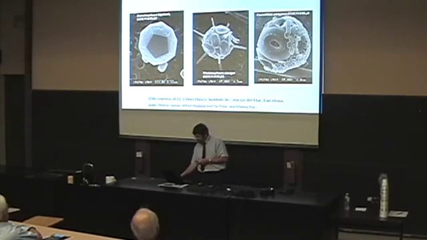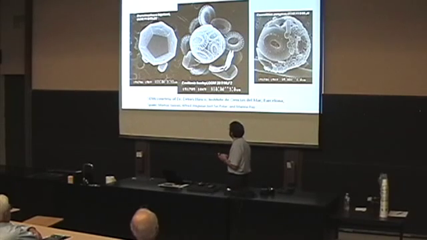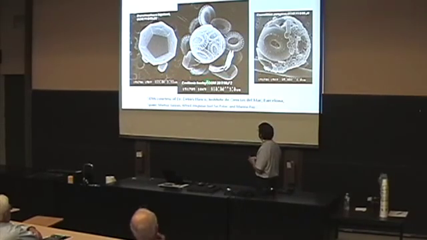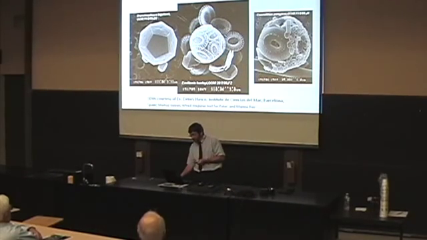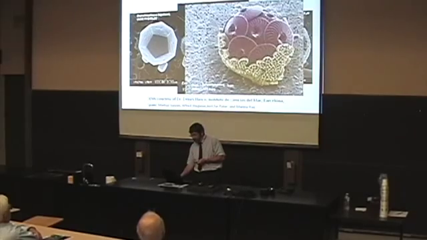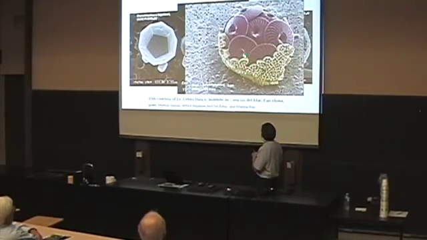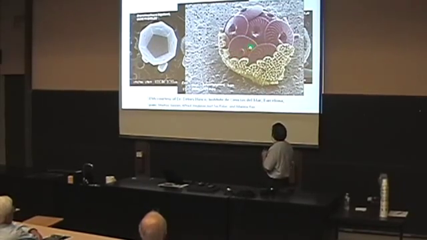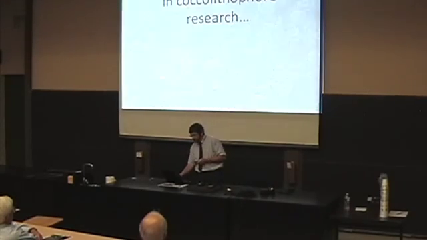So here are a couple others. They come in just fantastic shapes. And here's the star of the show. This one is called Emiliania huxleyi, and we're going to talk a little bit about this name. This is the most abundant coccolithophore in the sea. And here's another one. I just love this because this is what used to be thought of as two different species, but this guy is actually one species that has two different forms of coccoliths around it.